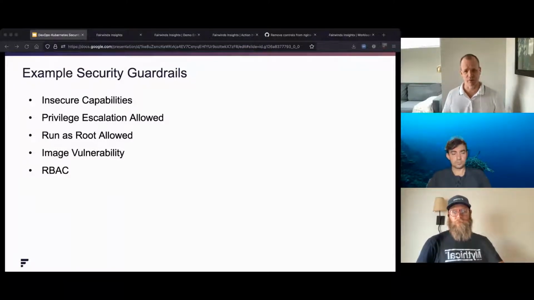It's also equally important with all of these things we've talked about, dropping capabilities and making sure you can't escalate privileges, to test your workloads in a non-production environment as you've made these changes to make sure that your workload does all the things that it used to do.